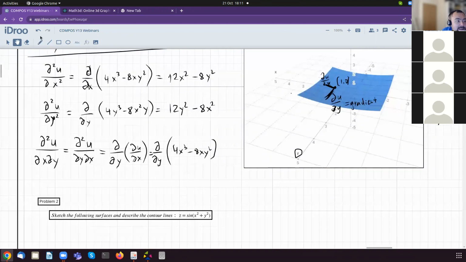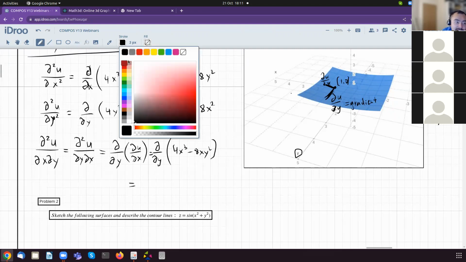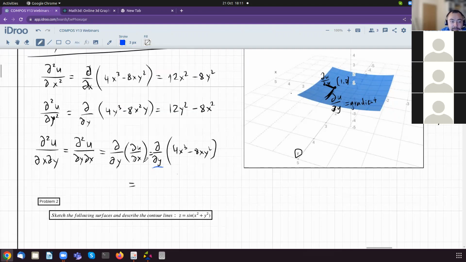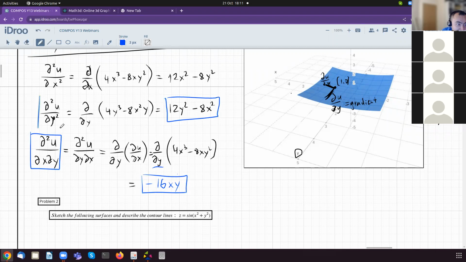And if we find the derivative of this with respect to y, this is very important that it is with respect to y, we get, this is 0, and this is minus 16xy. This is the mixed second order derivative, this one. This is the second order with respect to y, second order with respect to x, and